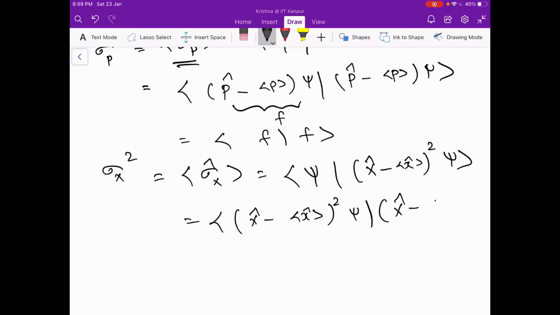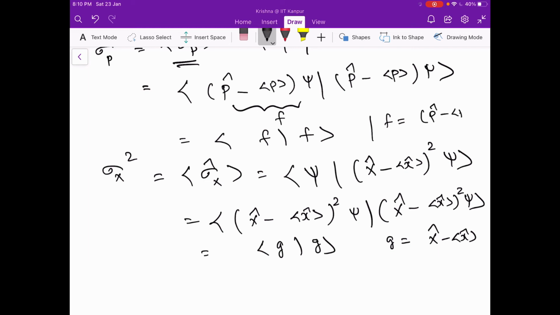X hat minus, right? And once again, this can be written as g, where g is defined as, okay, and f is defined as, okay. So now